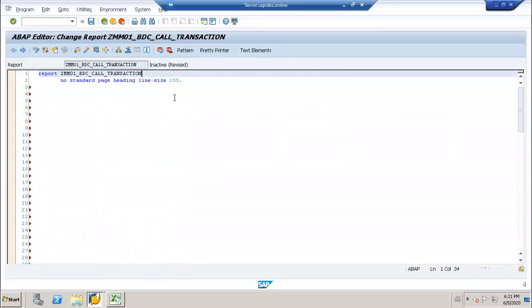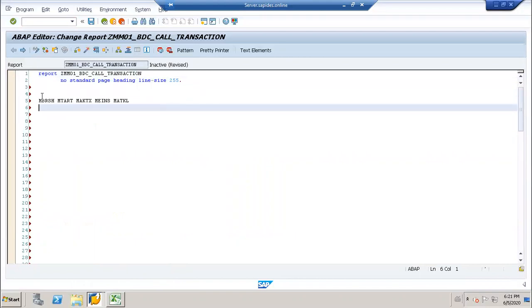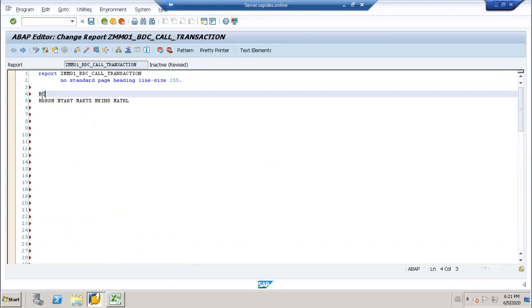Okay. So what is the step? So this is the Excel you just created. Okay. Now what will happen? I just copy and paste this. The first thing is I will create a type declaration.